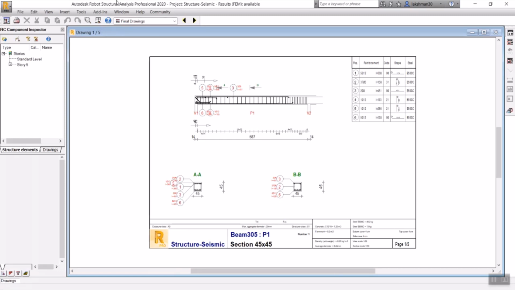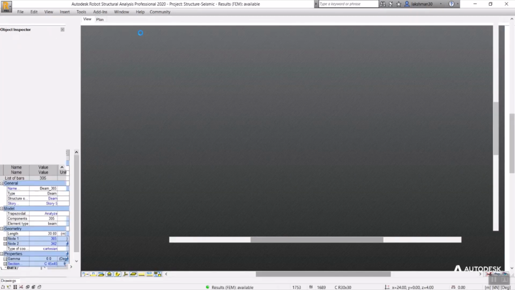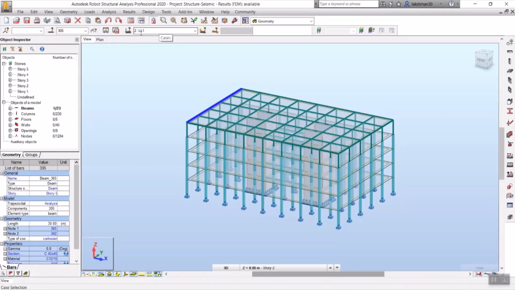So like this we can do for our columns and slabs, and now I have shown a part of RC designing, right? Like this we can do for structural steel also, and it is meant for composite also. We can do the structural code checks, and we can do the connections. Yes, we can do connections also. As the time is limited, I will end with this concrete designing. In this beam, I have shown how the beam and column will work and all. So let me take another session on how we can do structural steel designing here in Robot. I will end the session here.